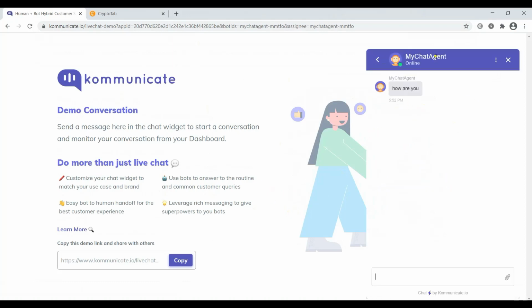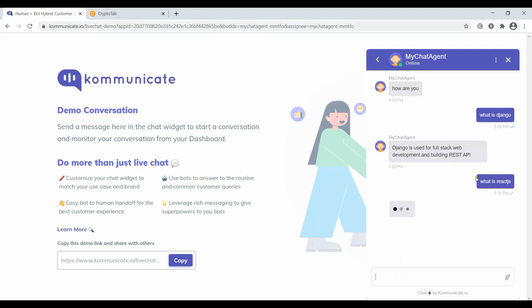So now you can see that we have my chat agent in here, and you can see "how are you". If I say "what is Django", it says Django is used for full stack web development. "What is React.js?" So you can see React.js is a JavaScript library and it's used for building front end. And if I say "I want Django book",